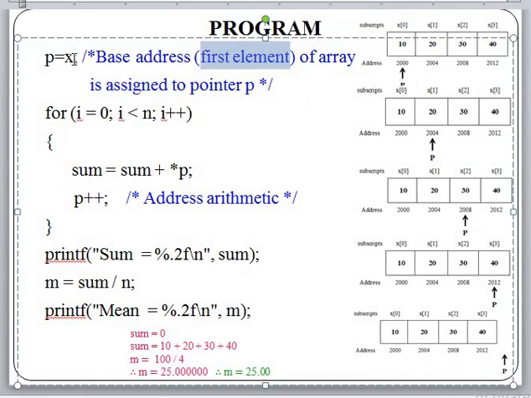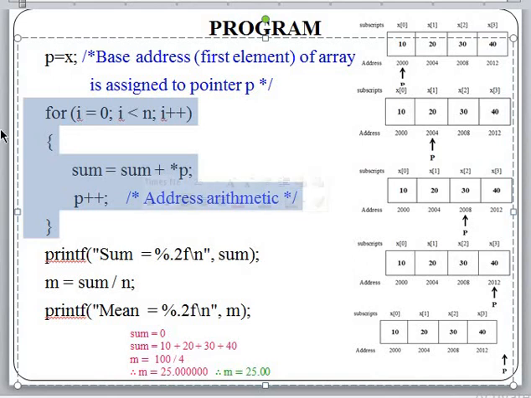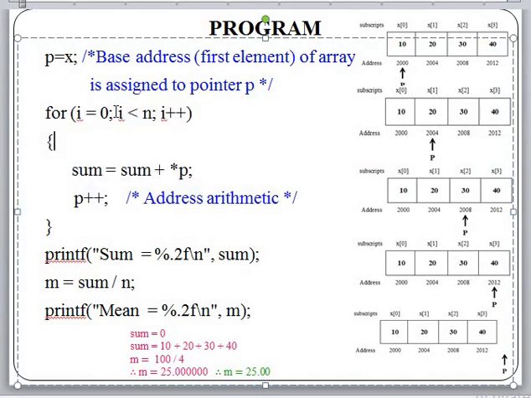2000 is assigned to this pointer P. Then we are computing the summation of all those elements. To do summation, again we have one more loop, i equal to 0, i less than n, i plus plus. Again we know that n equal to 4. So there are 4 elements in the process. At the initial stage, we have an empty array where the pointer is pointing to the first location, that is 2000.